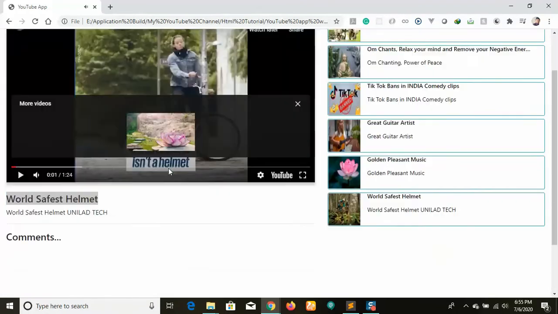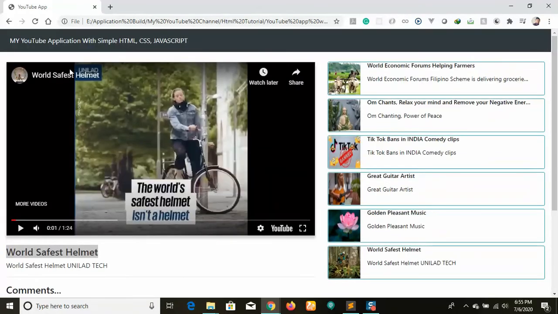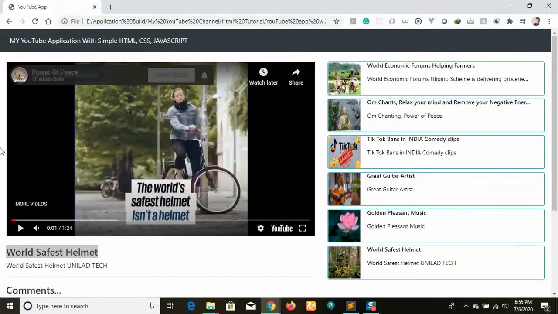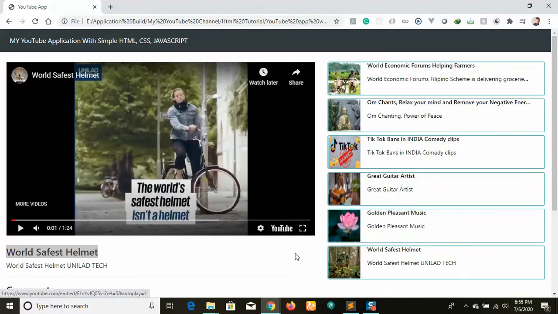I said video. So before showing the code, you need to be aware of what this actually is. This is an iframe. You can see this video on the left side; this is an iframe. So you need to know about the iframe first of all, then you can jump to the application. In 5 minutes I will explain the iframe and then let's move on to the complete application code. Okay, let's move on.